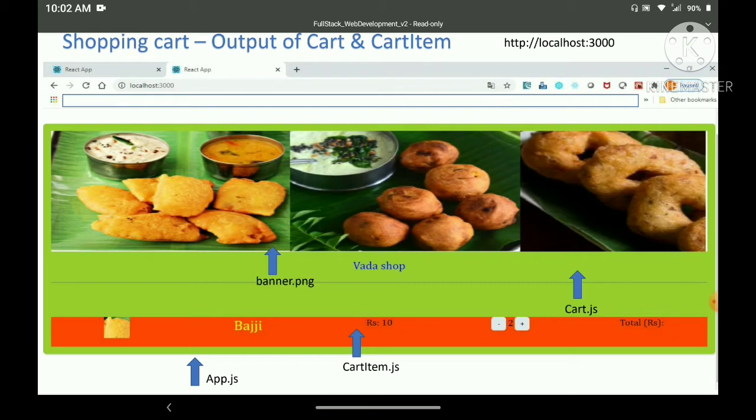Okay, so in the design part, this cart item, that item budgie, is there, right? I am not going to include this cart item in the same cart.js file, because in React.js it is very helpful to write n number of components, and it will be easy for us to maintain these items in separate components, because then only can we easily reuse the same JS files in various places. So the cart item will be placed inside the cart item.js.